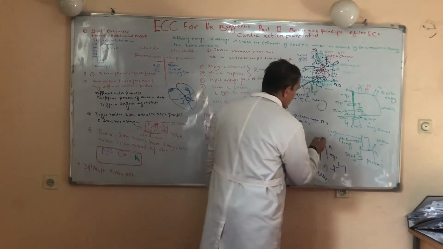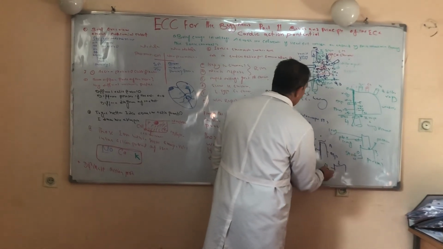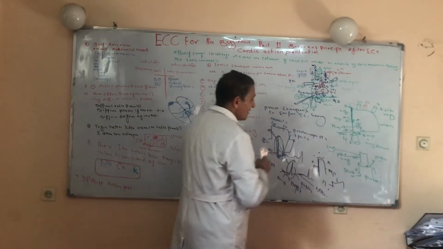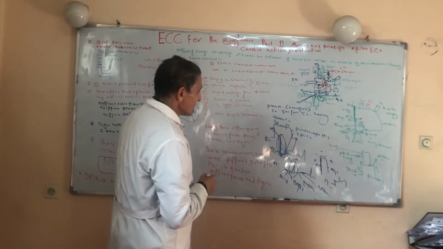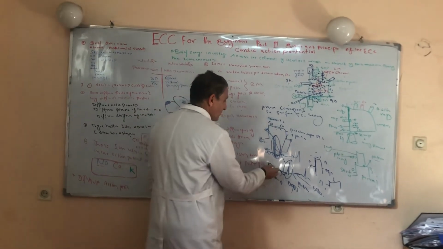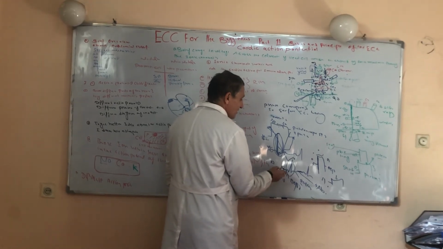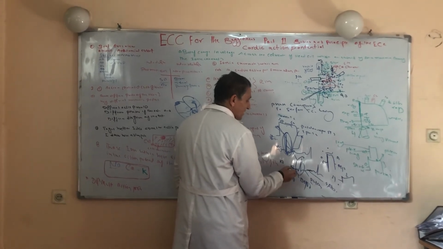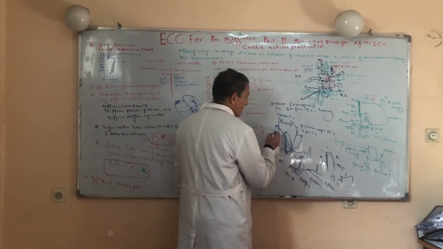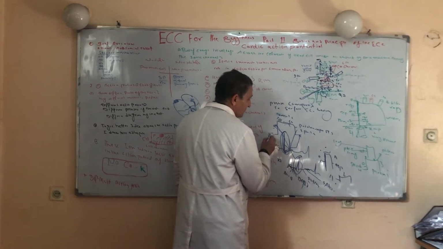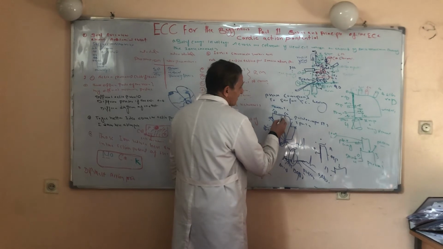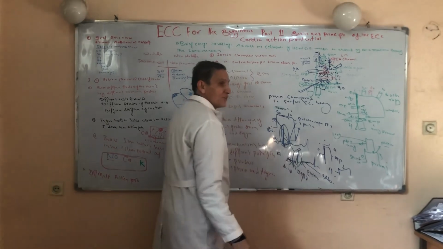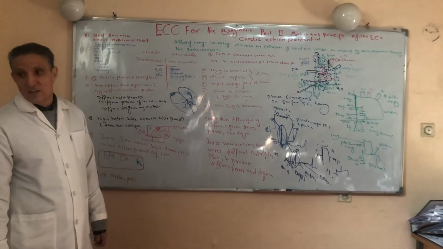So, these were the differences between the action potential of the atrial cell, Purkinje fiber, and ventricular cells. Now this was the correlation. The P wave reflects atrial depolarization. The PR segment, from the P wave to the beginning of the Q wave or R wave, represents conduction velocity through the AV node. The QRS complex represents the zero phase of the action potential, I mean depolarization. This segment is related to the plateau phase of the action potential, and repolarization is represented by the T wave. This was the correlation of the phases of the action potential to the ECG surface.